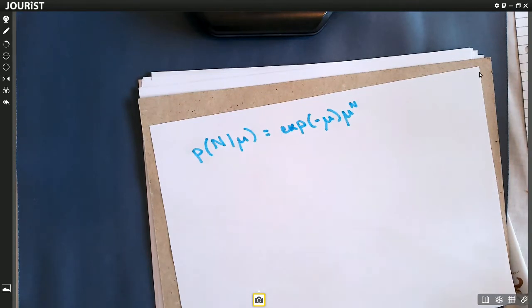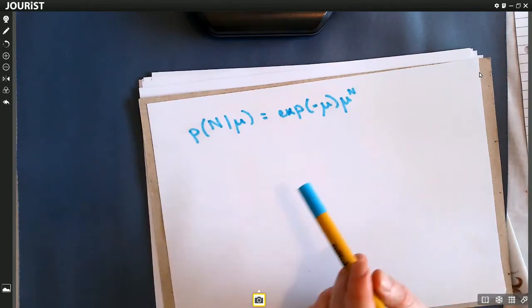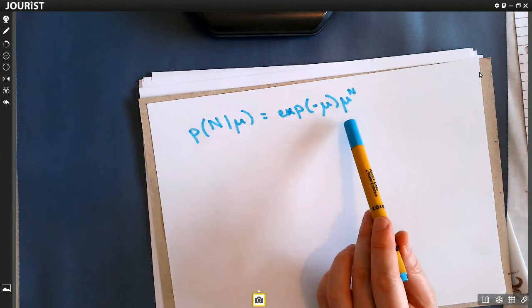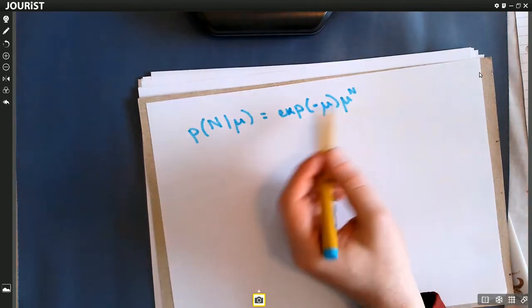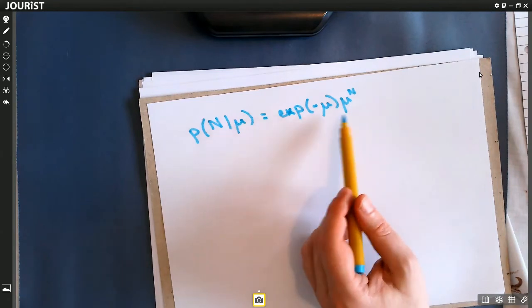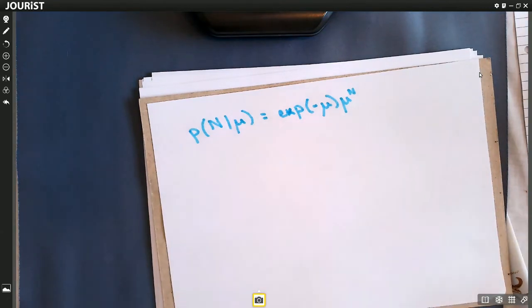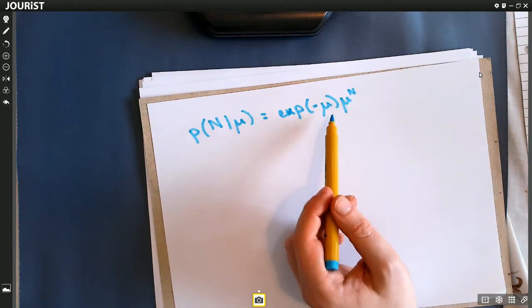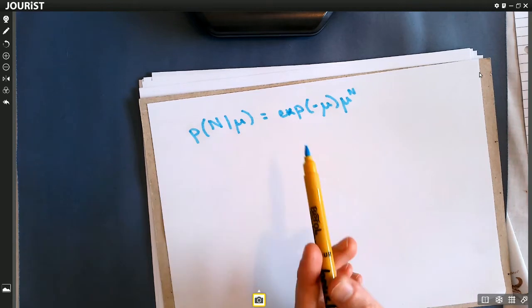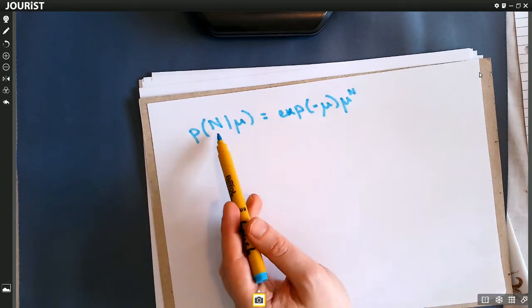In gravitational waves, we can tell our observations apart. They're not indistinguishable, as is the case when assuming a pure Poisson distribution. We can tell GW170104 from GW170817, for example. So we don't have the same indistinguishability, which means we lose a factor of n factorial in this probability distribution if we consider all the different possible permutations. We don't care about the actual order they happened, we just care that they did happen. So we have no 1 over n factorial here, because we consider all the different permutations, but this is the probability of getting n detections given average rate of mu.